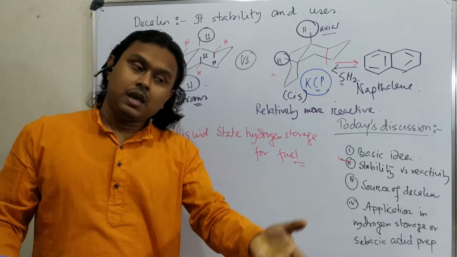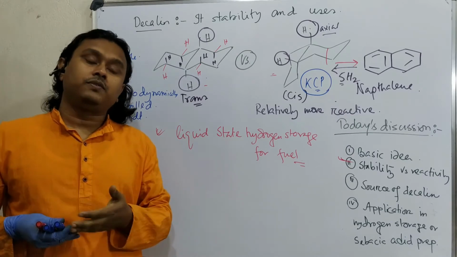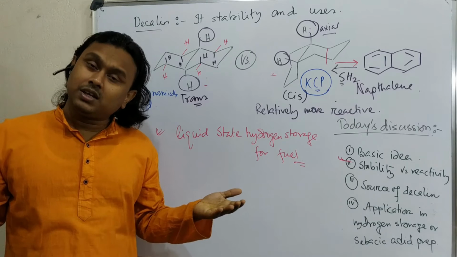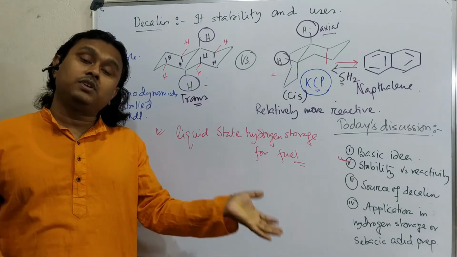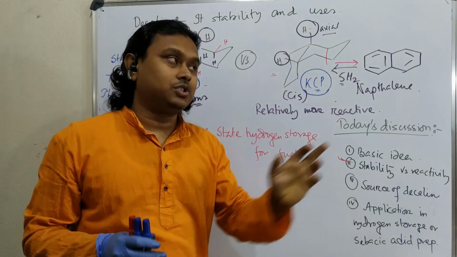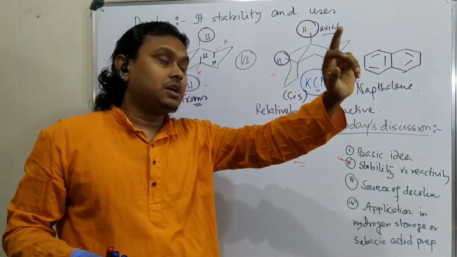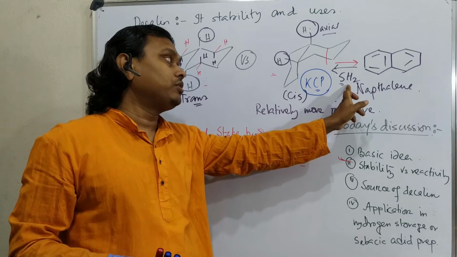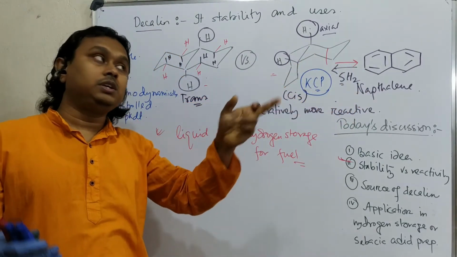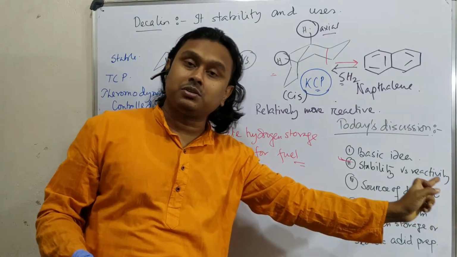Even you can consider this in a different way. During the daytime, the sun gives a huge amount of light, so we convert everything using solar energy. And we know every chemical transformation needs some energy, so we will store the energy in this way. Using that energy we will produce hydrogen and convert it through this reaction and keep it. And when we need it, we will use the reverse reaction and burn the hydrogen.